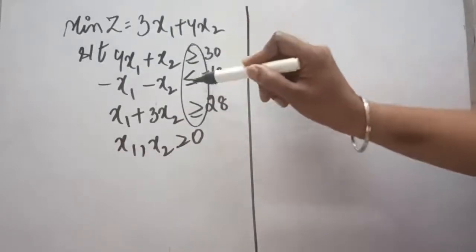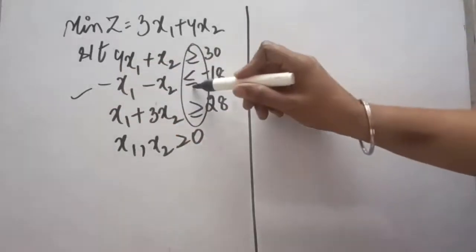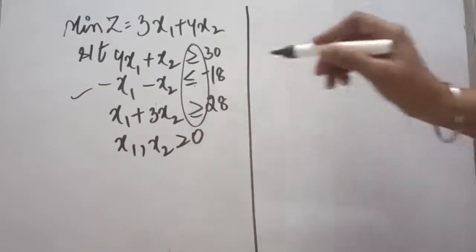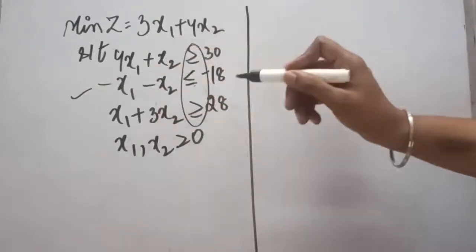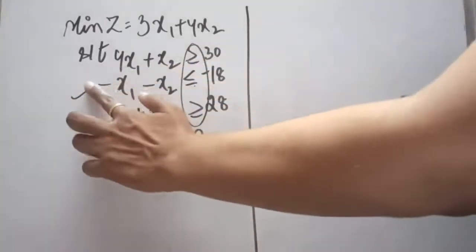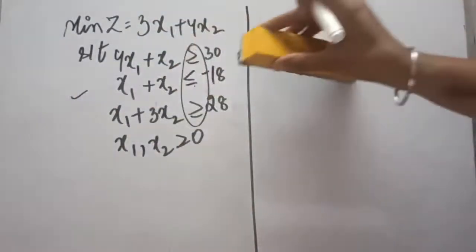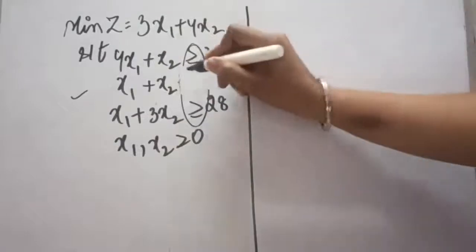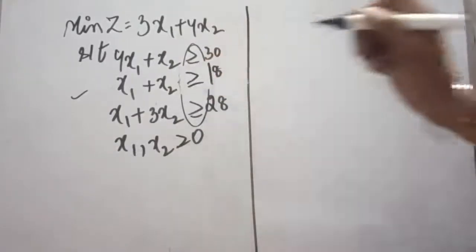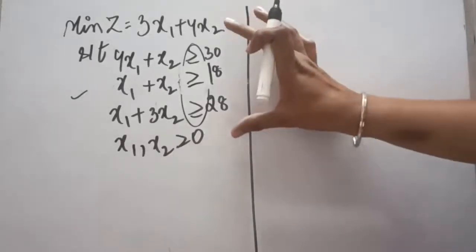So if we observe these signs carefully, in the second constraint, the sign is given less than sign. So to convert this sign into the greater than sign, we will multiply both sides of the second constraint with -1. Then we will rewrite this problem, and here only the signs will become opposite as these will be multiplied with -1. Now this sign will also become greater than sign, and -18 will be converted into +18. Now this is the first stage.